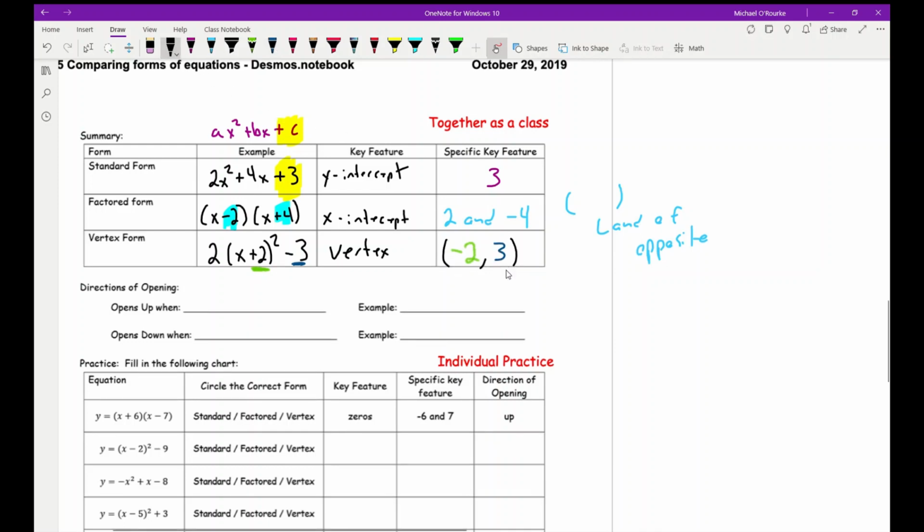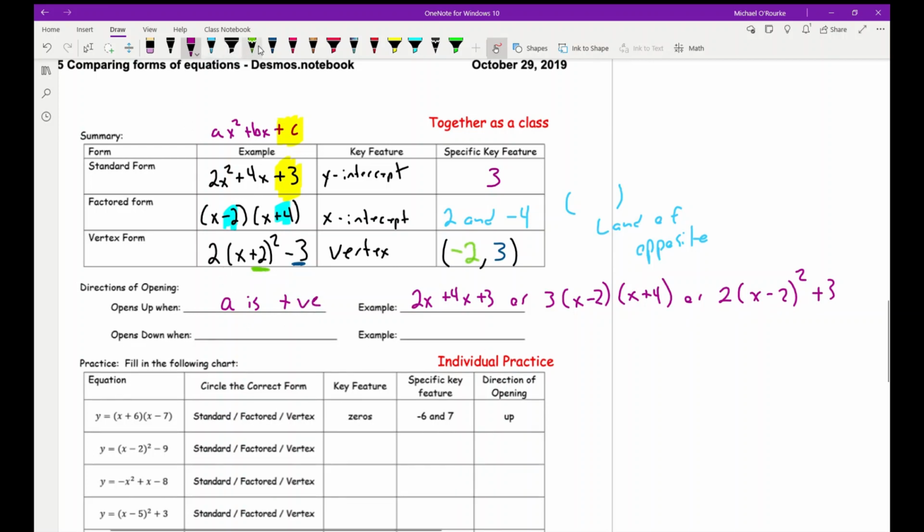We have negative 3, negative 2. And lastly, the very last thing: it opens up when the a value is a plus, right? So anything that looks like this. Well, let's use the very first one, 2x squared plus 4x plus 3. Or maybe 3 bracket x minus 2, x plus 4. Or 2 bracket x minus 2 bracket squared plus 3. Okay, those are all